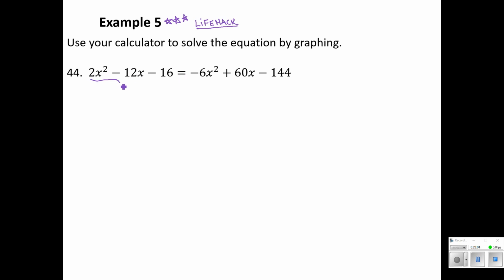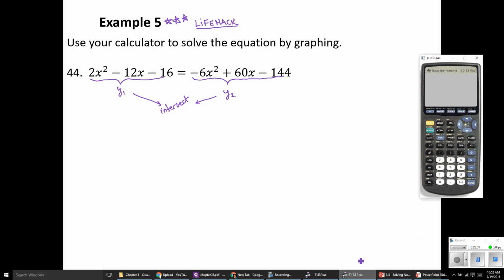We've got two sides to this equation, and you can see each one is its own quadratic function. And yeah, we could divide both sides by 2, and I'm sure we could do some damage algebraically. But if we have this left side be its own function y1 in our calculator, and the right side be another function y2 in our calculator, then we can use the definition of these systems of equations, their solutions, and we can find out where they intersect. And the calculator, again, just does a fantastic job of this.